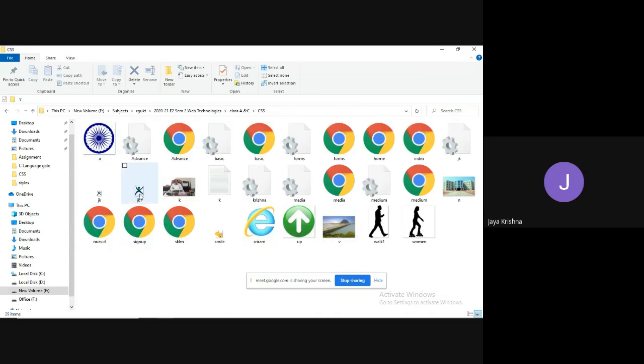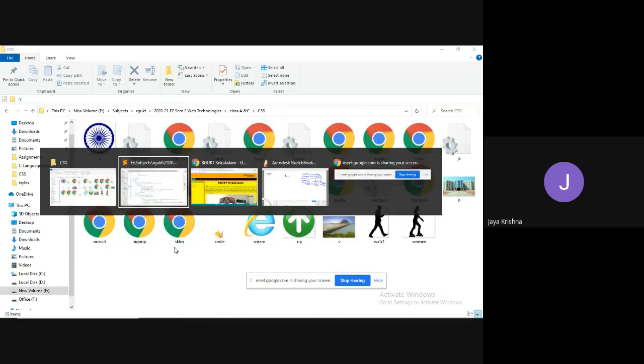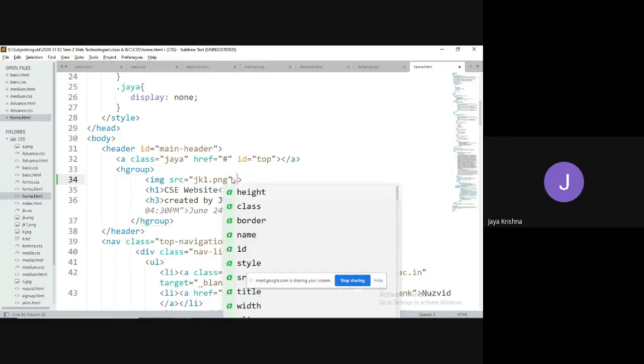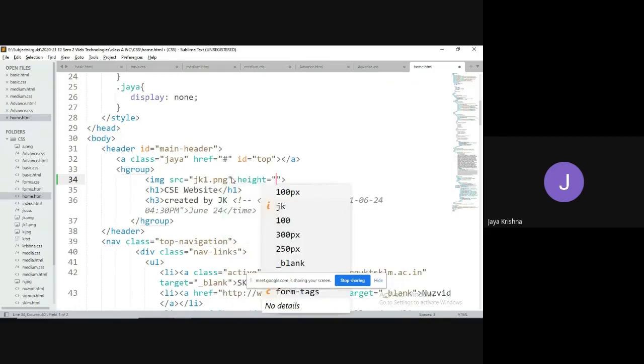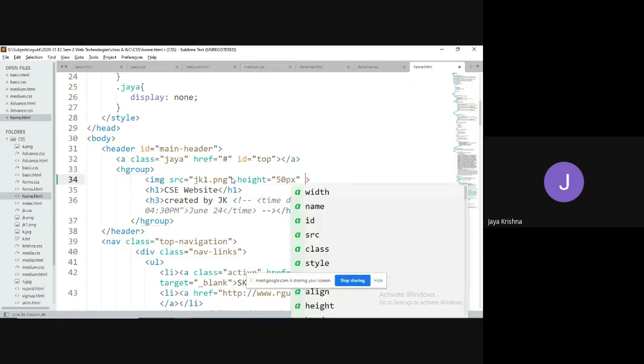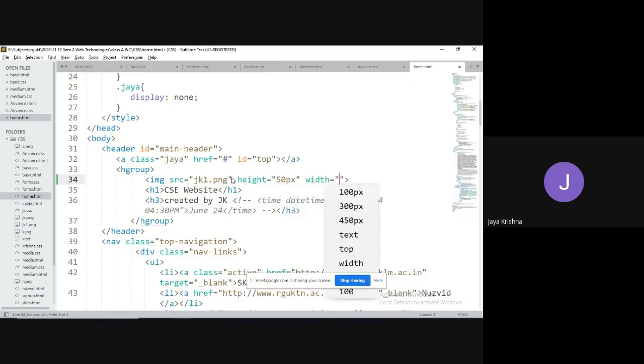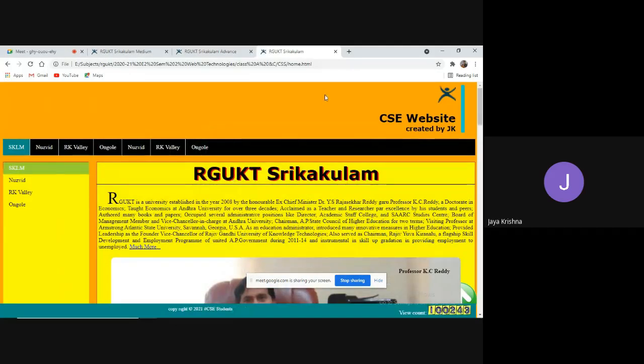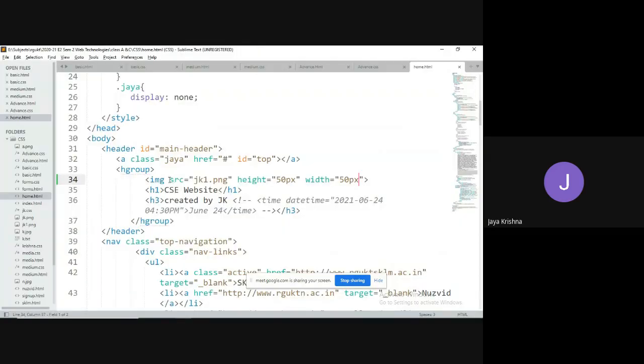Yeah, it is a png file only. I'm going to define the height and width for this one because I need to restrict it. Height is 50 pixel and width is 50 pixel, so that you can observe here. It will be aligned here, right? I need to make it float left so that it will look good and be arranged perfectly.